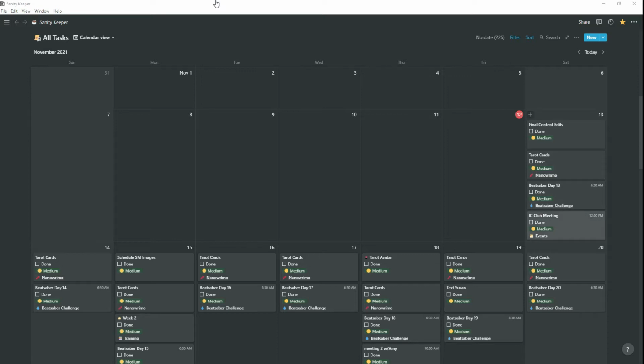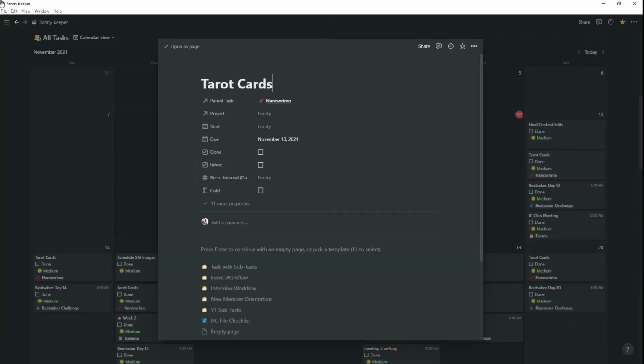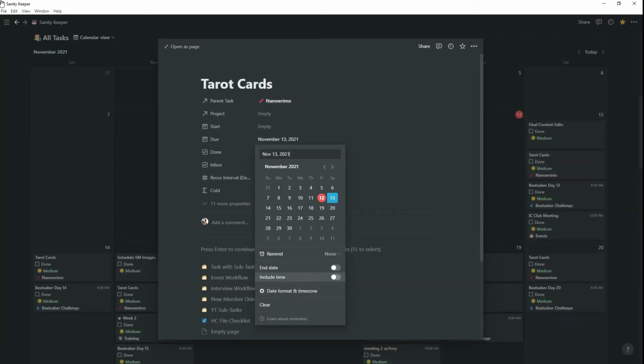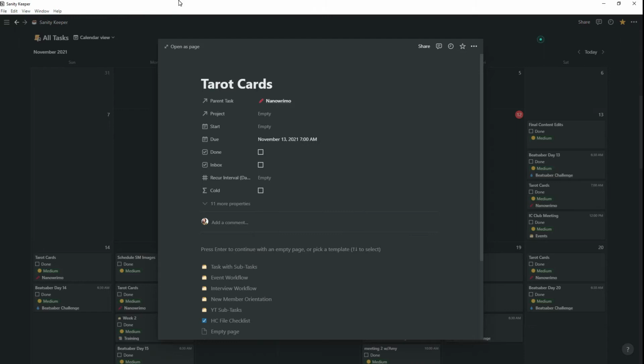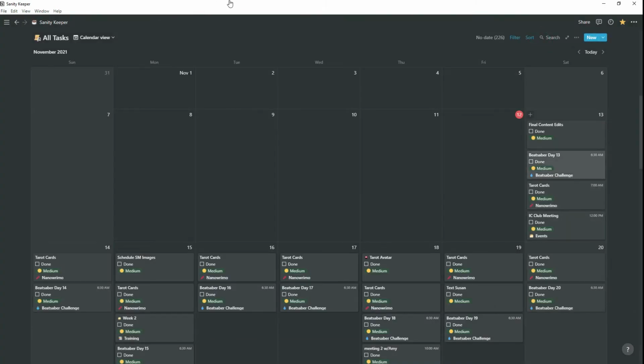So those are all the things that I know that I need to get done. And one thing that you can do that I do like is you can come in here and put the times in here. So for example, let's say I do Beat Saber at 6:30 in the morning, and let's say I wanted to do my tarot cards after I get done working out. So I can come in here, put 7 a.m., hit enter, and if you come back and take a look, it just puts it right under there.